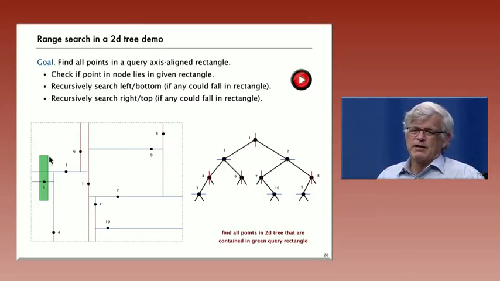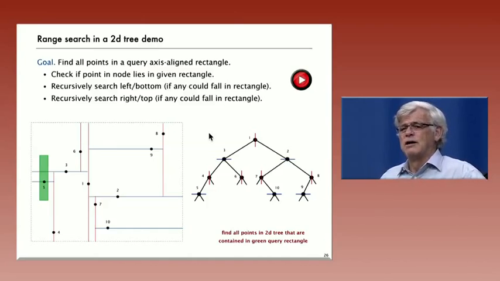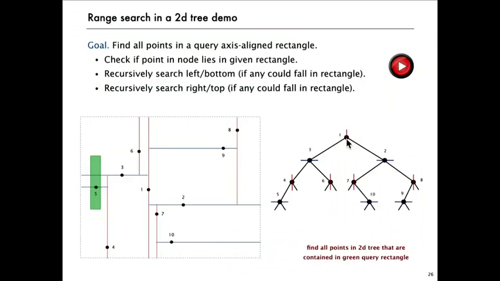So now we have a query like this green rectangle, and what we want to find is all the points in the data structure that fall within that rectangle. Well, we're going to use the 2D tree that represents our points, and we're going to use the structure and definition of that tree to help us find the points that are in the rectangle. If the root node lies in the rectangle, then